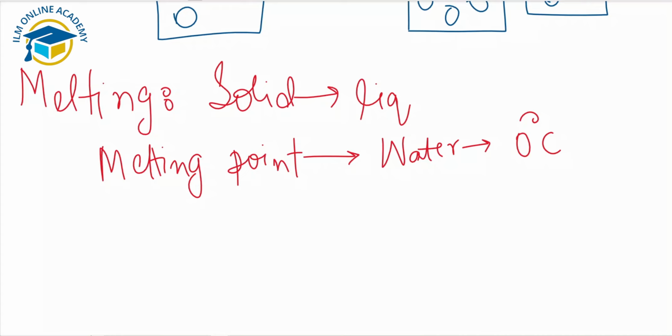The boiling point may increase up to 105 or 110 degrees Celsius, and the melting point decreases, just like the melting point of water is 0 degrees Celsius. So next is freezing. Freezing is the state of matter